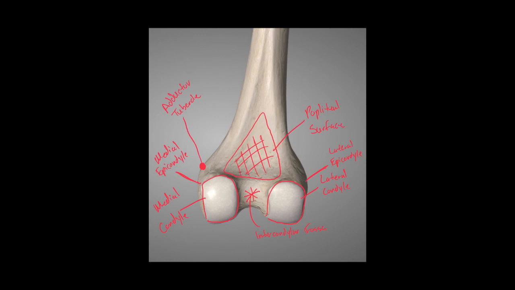And remember, it's only found on the distal posterior aspect of the femur bone. It's not found on the anterior surface. So the popliteal surface of the femur bone is found just above the intercondylar fossa and the condyles of the femur bone. Going over to the anterior aspect of the distal end of the femur bone,